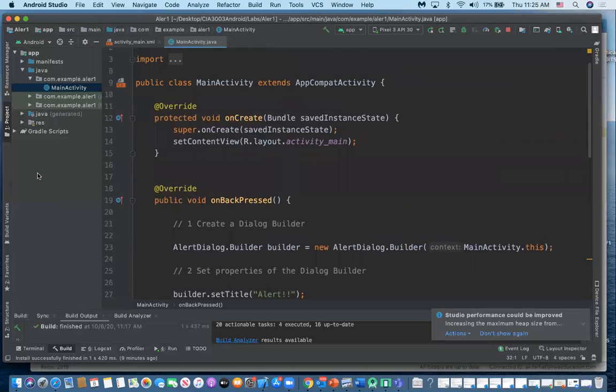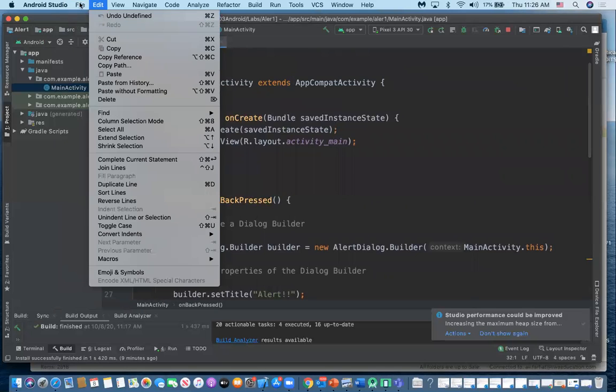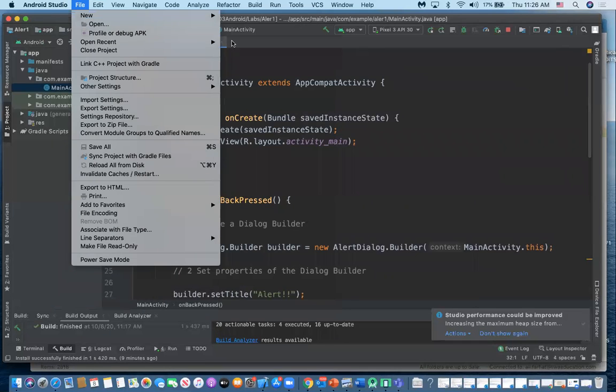So how do we do this? How can we create another class and, instead of repeating this code every time, just call it? So what I'm going to do is say here, File, New,